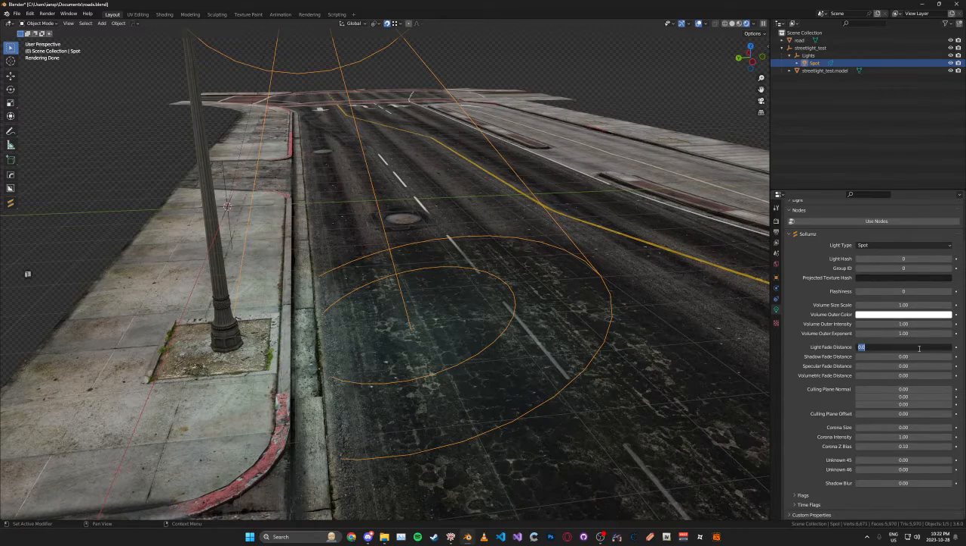Then the light fade distance, I usually just set this to 20. And the shadow fade distance, I set this to like 15. The culling plane, you don't usually need to worry about this except for in interiors. I'll explain this in another video. Corona size, this is like